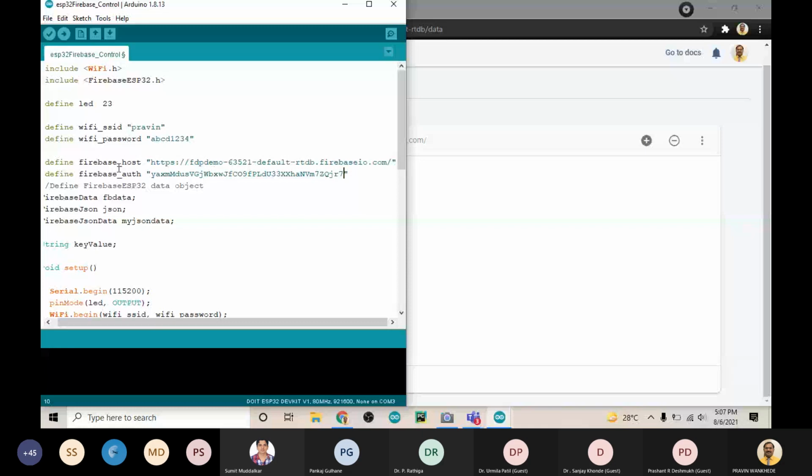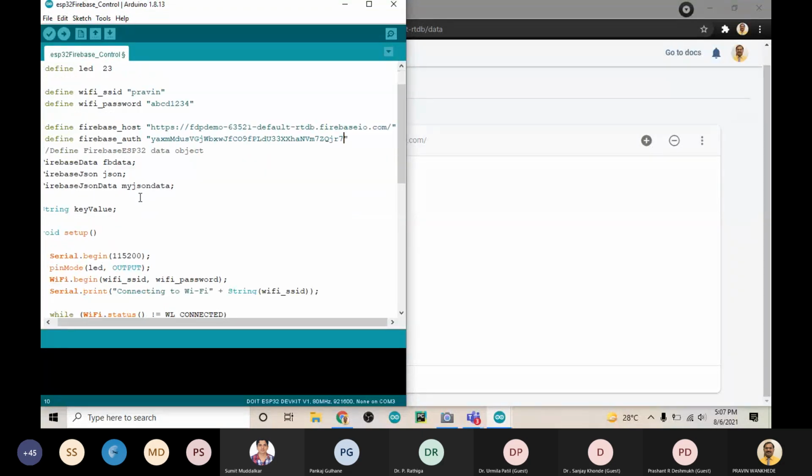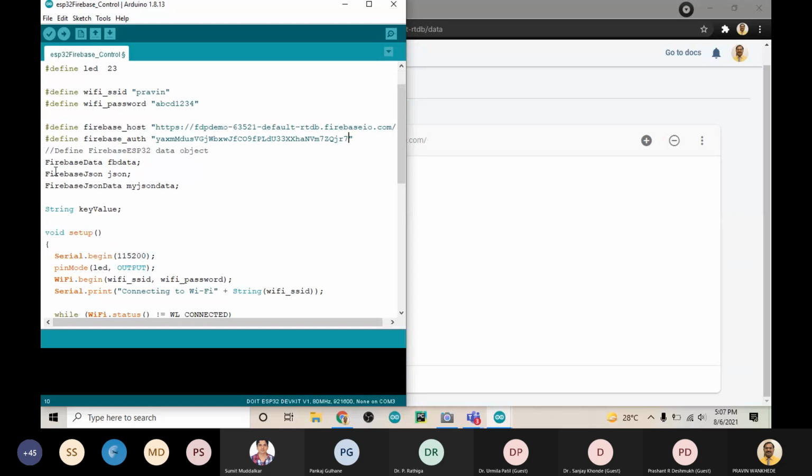Once you are done with this host ID and this one, now here we have created something. The Firebase data we have written as FB data, the Firebase JSON as JSON, and there is another library, Firebase JSON data, which we are calling my JSON data.